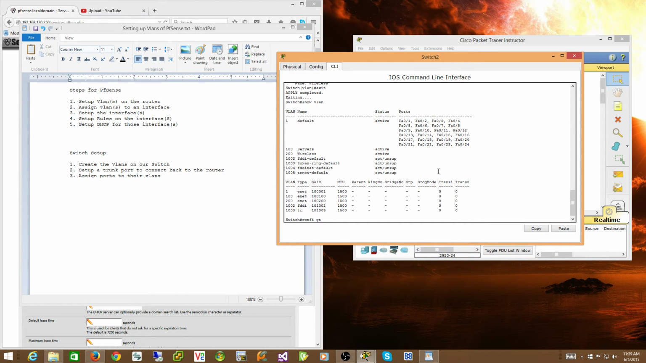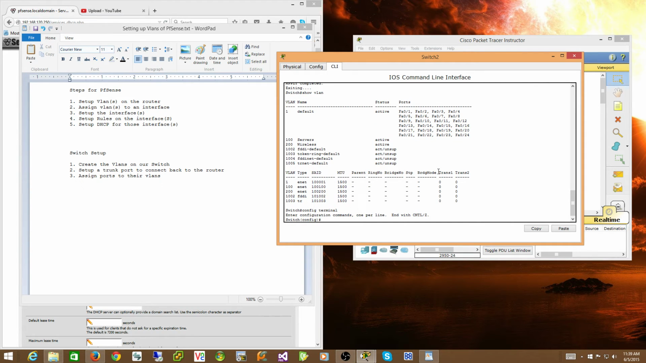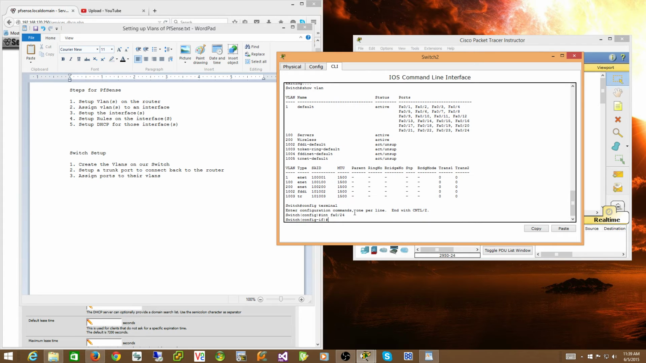We'll go into our configure terminal. Once we're in configure terminal, we'll go into interface 24. Mine's only a 100 megabit switch, so we'll say FastEthernet 0/24. If you had a gigabit switch, it would be Gi. Once we're in there,